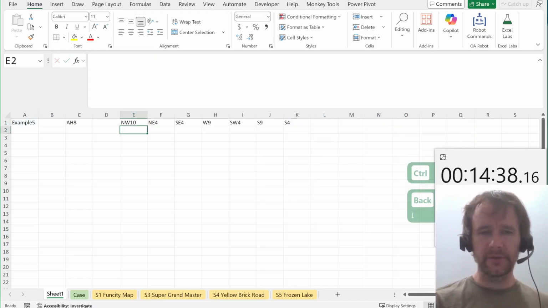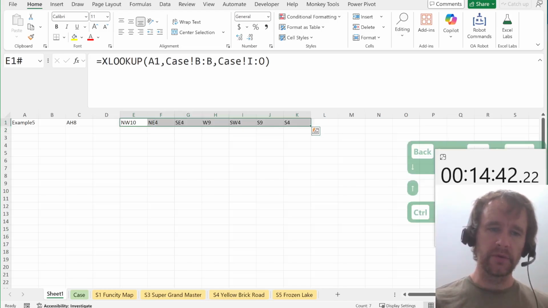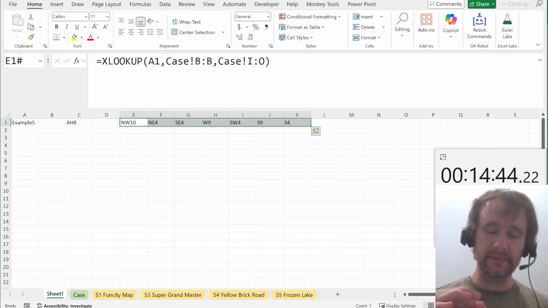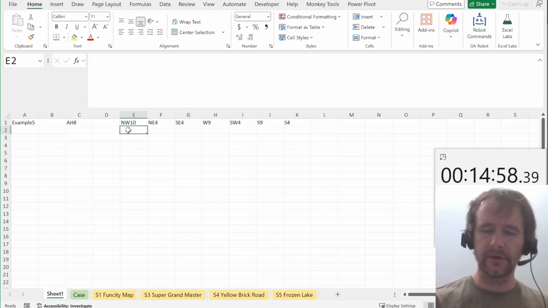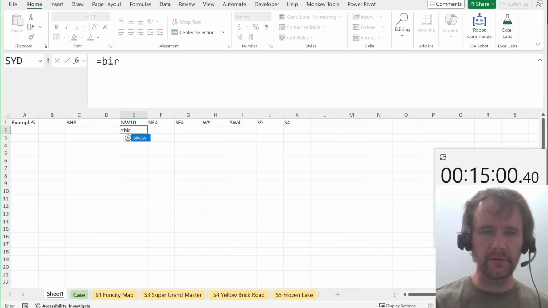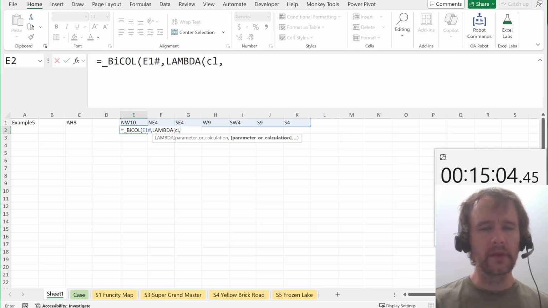So the first thing I did with this was basically blow this up into one step per turn. This is actually a lambda that I have on my list for the lambda lab at some point, to take something like arrow 10 or northwest 10 and turn that into arrow, or northwest. But anyway, I just did it on the fly today. So I did it using the BYCOL function. I said LAMBDA CL,